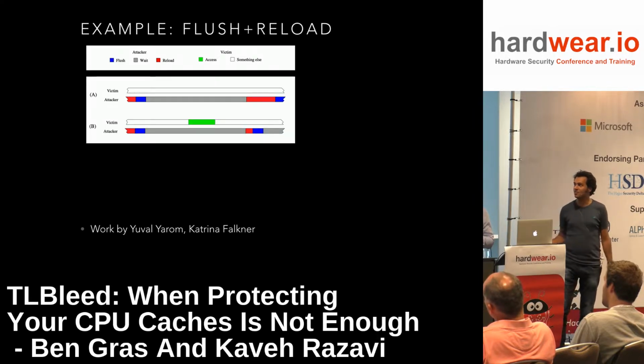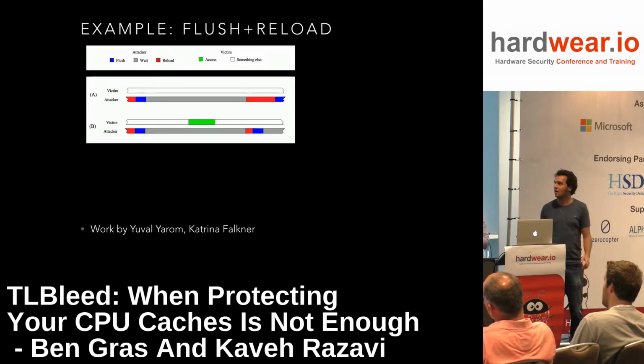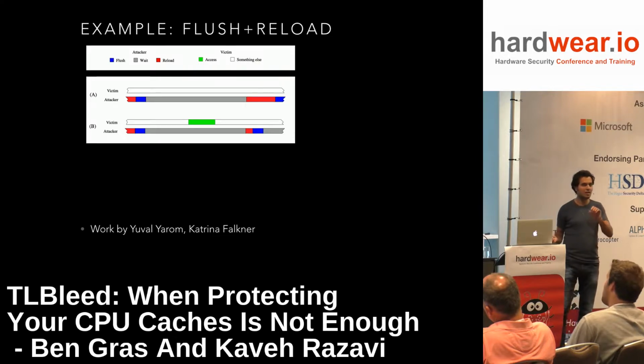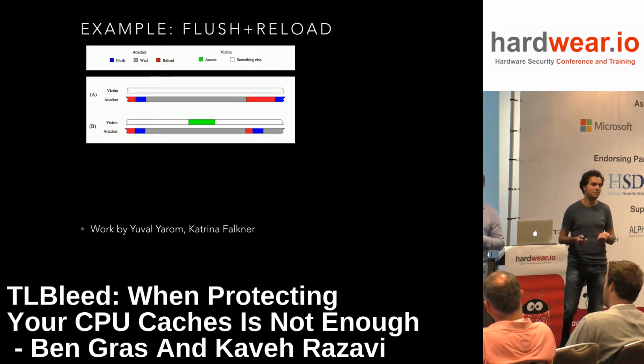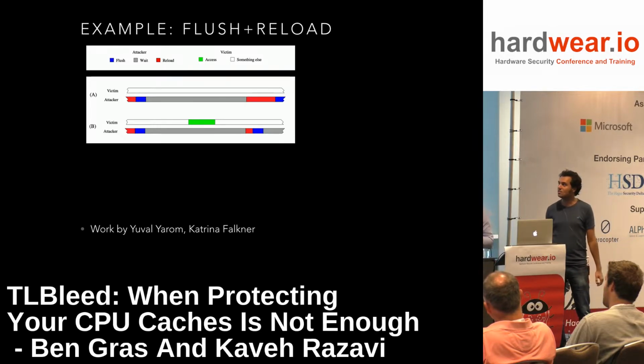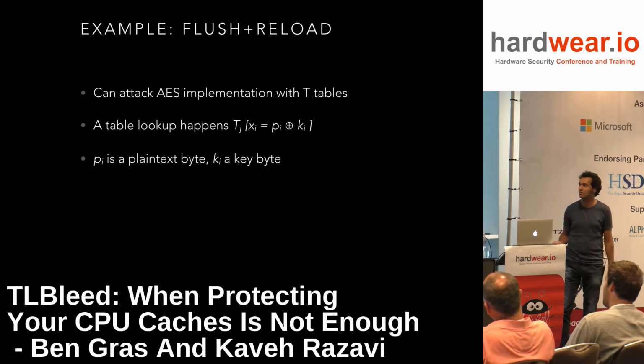In the second case, the attacker does the same thing. It flushes the cache, but in the meantime, the victim does a memory access this time. This means that this location is now cached. Then the attacker checks whether this location is cached or not. This time, because the memory location is now in the cache, this operation happens faster. And now the attacker can detect that the victim has performed a memory access.